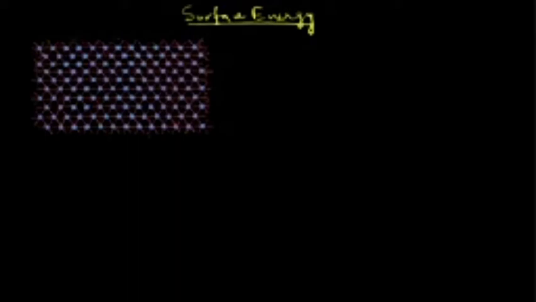So let me quickly bring a picture here. This is a quick sketch that I made earlier. It's a simple 2D representation of a small piece of material, just a ball and stick model. The blue dots represent atoms, and the red lines are the bonds that exist between the atoms. You can see these atoms are arranged in a regular array, a hexagonal pattern.